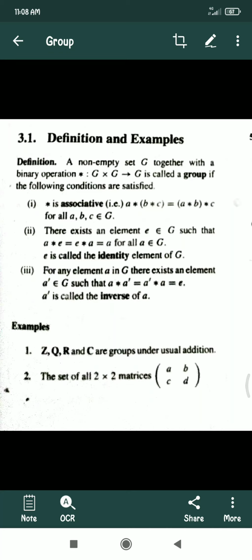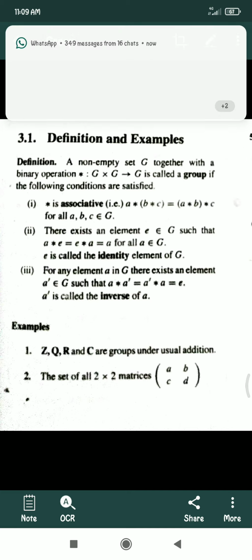Good morning everyone. Today we're going to see what a group is, its elementary properties and equivalent definitions. So here I have given the definition of a group. According to it, a group is nothing but a collection of elements. So here a group has to satisfy